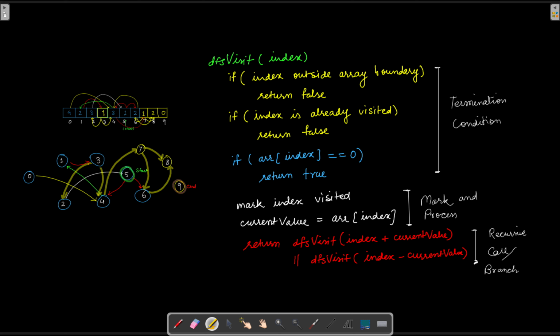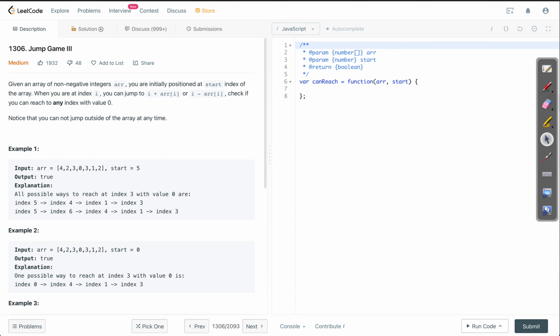Now we can implement it in terms of code as well. Should not be difficult. Let us see.